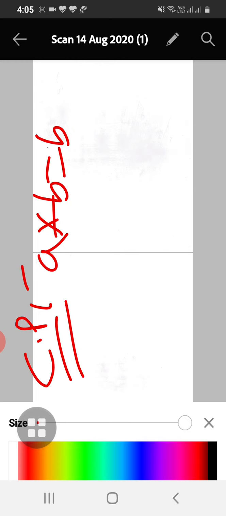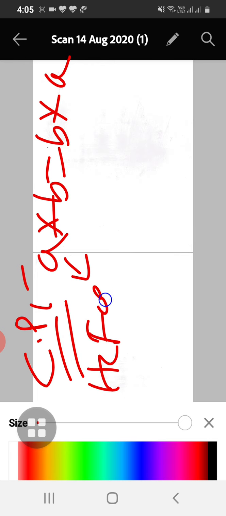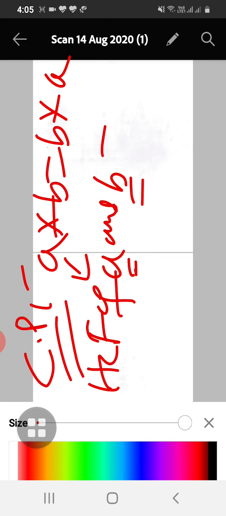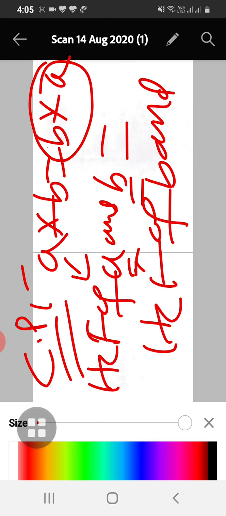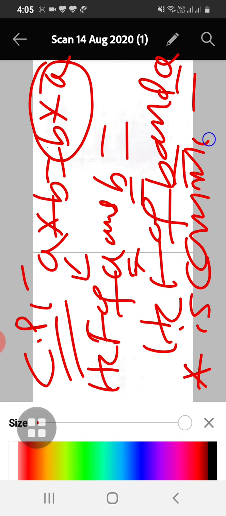Let us consider what is given here, A star B. First, the commutative property. Commutative property means A star B is equal to B star A. Here A star B means HCF of A and B, and B star A means HCF of B and A. Therefore star is commutative. HCF of A and B is as good as HCF of B and A. Therefore the commutative property holds good. You can write only this much.